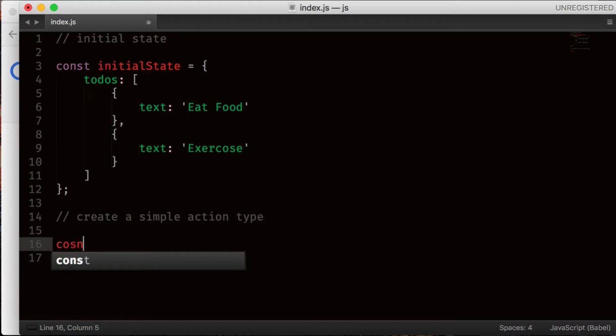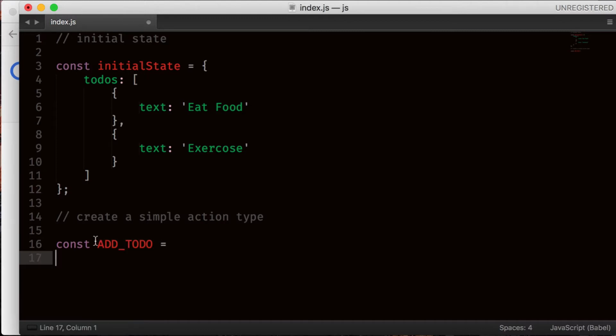Okay, const add to do. So the action that we want to create, we give it a name. This is add to do, and now the name itself suggests what type of action it is. It is the type of action that will add a to-do, right? Self-explanatory. So const add to do equals to